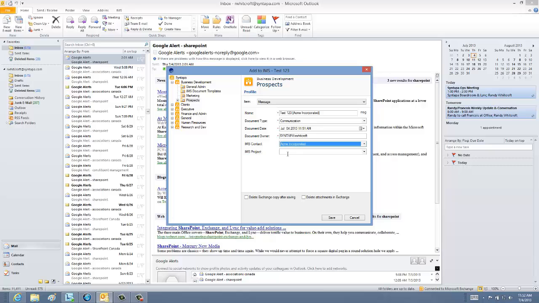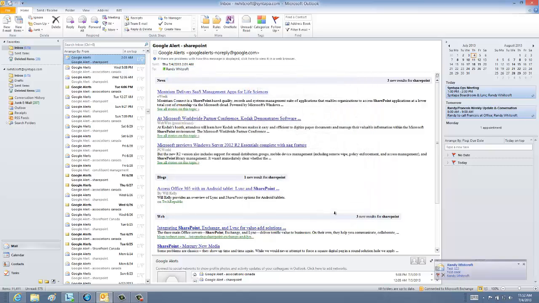If you're project driven, then you can assign it to a particular project for a particular client as well, and that gives you the capability to search and easily find the information within your SharePoint system, either by client or by project. I'm going to go ahead and hit save at this point, and it will save that particular